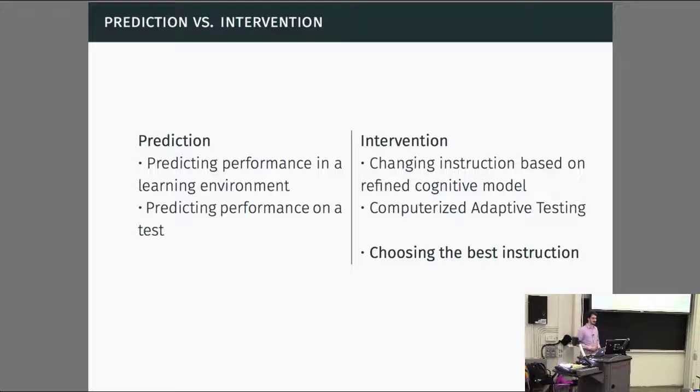Today we're going to look at choosing, sort of an ambitious thing, but choosing the best instruction we can give to a student. And this can take a number of different forms. But basically, the question we're interested in is, let's say we have a number of different instructional activities. For example, we can show the students a video. We can give them a problem to work on. We can give them a worked example or show them an explanation. Which of these should we do? Which of these maximizes learning?